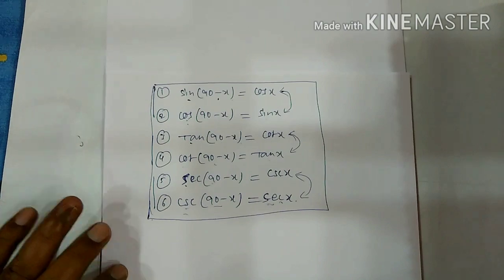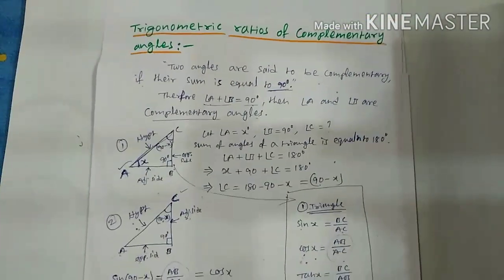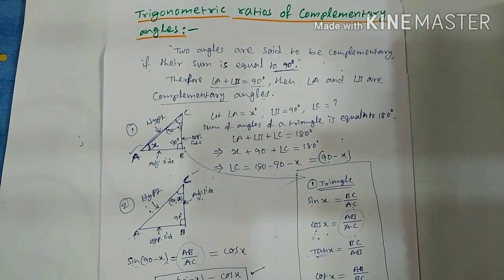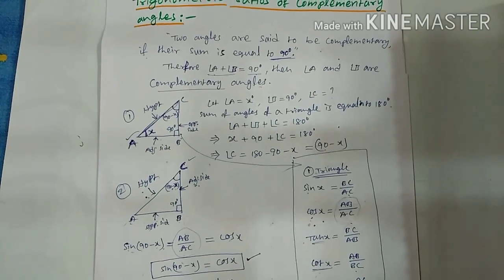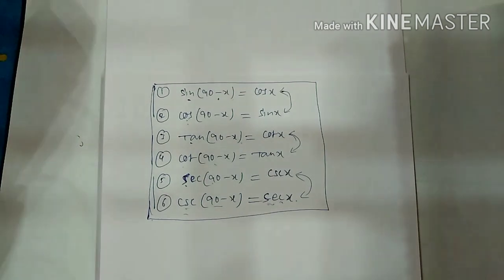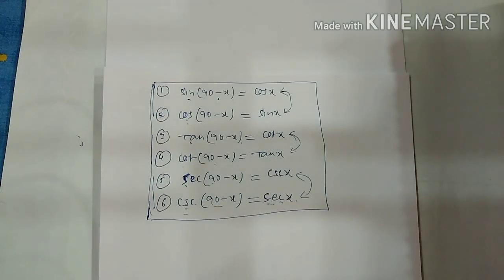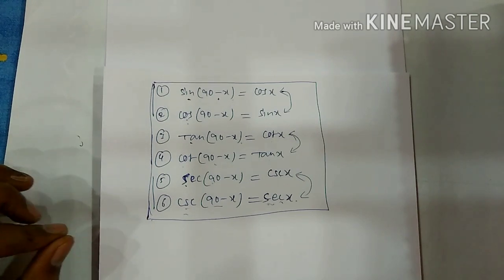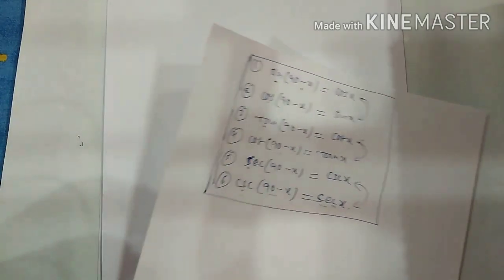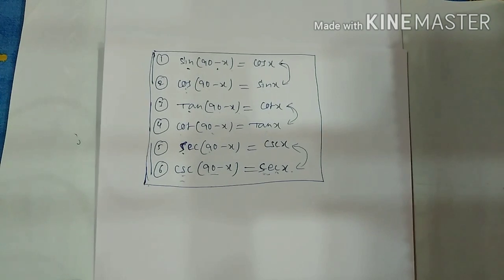Very easy. So just go through the notes. First write down all these things. Once you read them, listen again and again, then it will be perfect. If you read all these, trigonometry is very easy for you.